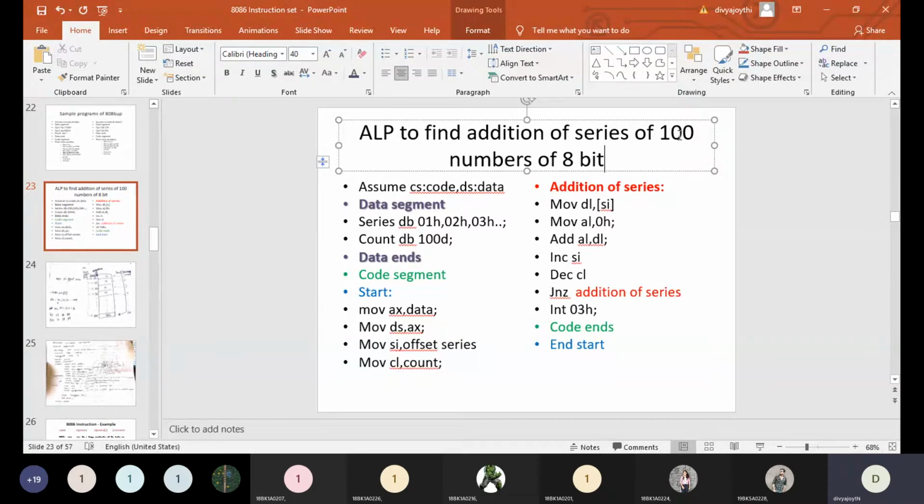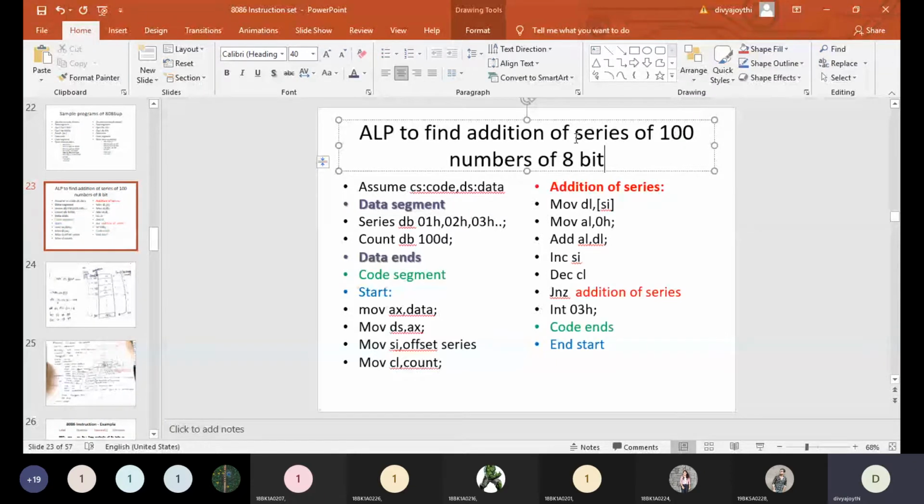That information is given by this series of 100 numbers. The next thing is that all the numbers should be of 8-bit length. While informing the processor about the allocation of addresses, you need to tell it that you are taking 100 numbers, where each number should be of 8-bit. These three pieces of information are in this problem statement.